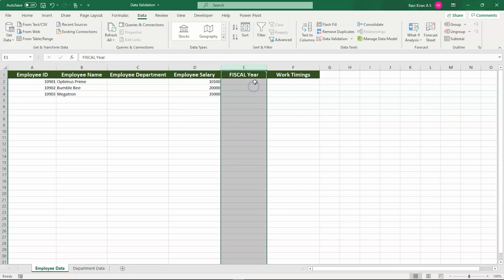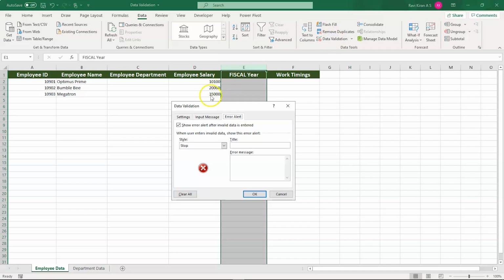Now the next one is fiscal year. Let us imagine that we wanted to work on the employees for the current working year, that is 2020 to 2021, or you can consider 2021 to 2022, not more than 2021 and not less than 2021. For that you can provide the year option as well. So for that you need to select the entire column, go to data validation, settings, and inside here you have